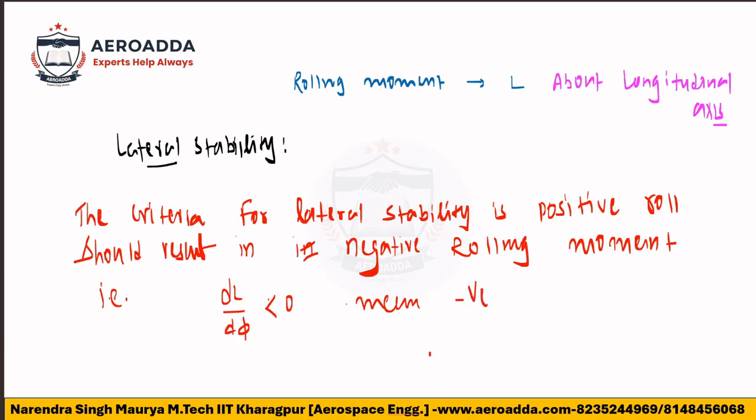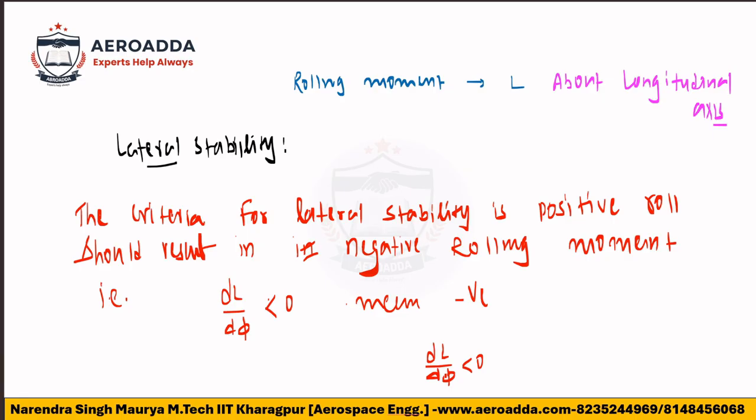So if dL by dφ is less than 0, which is negative, it will be considered as a positive roll, which means it will give the negative rolling moment,